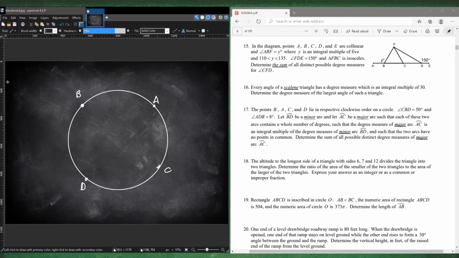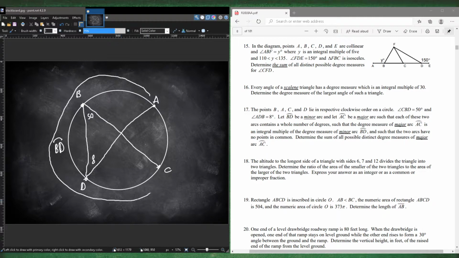And we have angle CBD is 50 degrees. So this is 50 degrees. And we have angle ADB. Okay, so this right here is equal to 8 degrees. And they say BD is the minor arc. So it's this length right here. That's BD, so I'll just put that as arc BD. And let AC be a major arc. So AC major arc, so it's this arc right here. So that is AC,